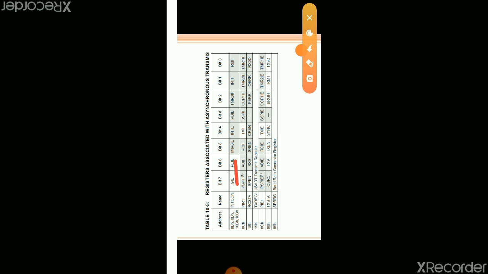Then next, the transmit interrupt flag is seen, whether it is set or cleared. In the RCSTA register, the serial port enable bit, TXREG is the user transmit register, and TXEN is the transmit enable bit. In the TXSTA register, there is a bit for whether you are going to use the ninth bit for transmission or not.